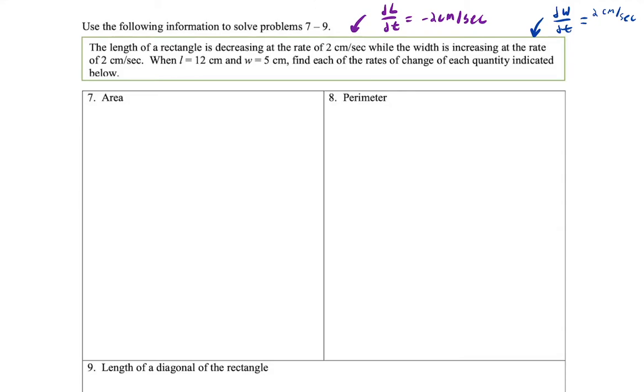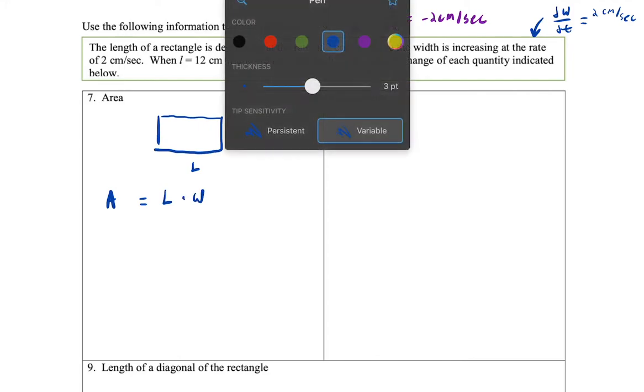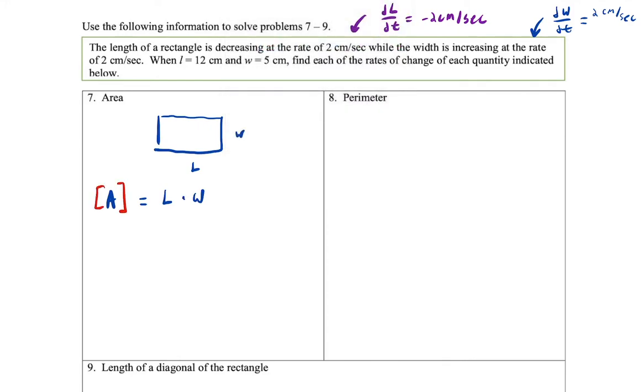When L is 12 and W is 5, find the rates of change for each of the indicated quantities. Okay, so here we go. Draw a picture, right? Area is equal to length times width. First things first, I'm going to take the derivative with respect to time of both sides. So we're going to do our derivative operators here. We're going to have the derivative of area with respect to time is equal to,